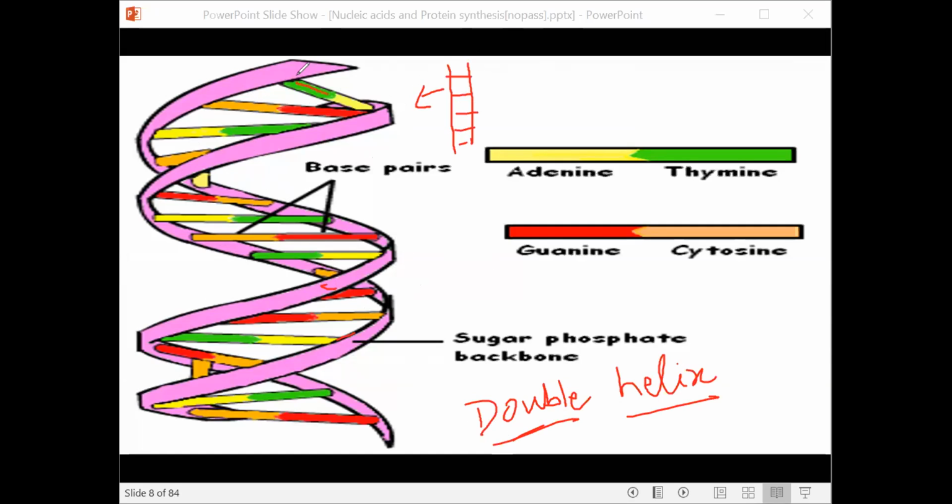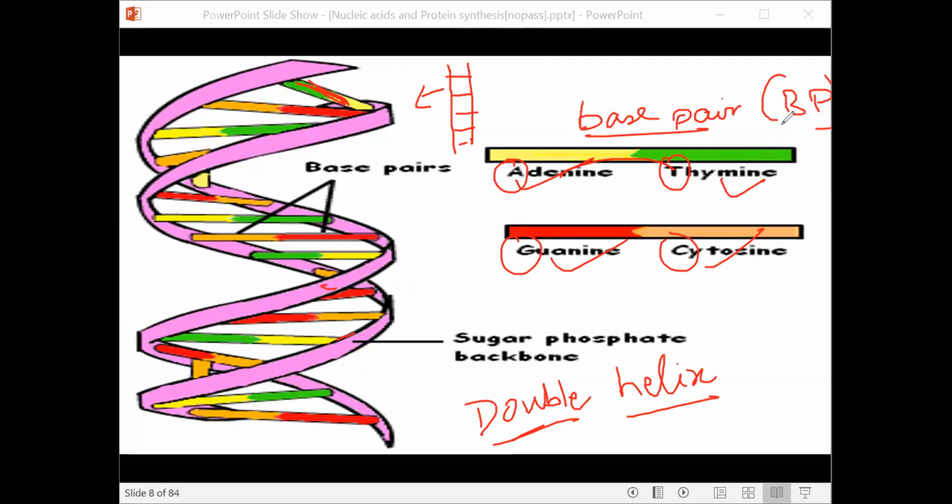So over here, what we see is this pairing, this bonding between two nitrogen bases. There are four nitrogen bases we had seen last time: A, G, T, C. So this bonding between the two is called a base pair or BP. So if a question comes, like there is a DNA sequence with a length of say 100 base pair, 100 BP, then that means how many